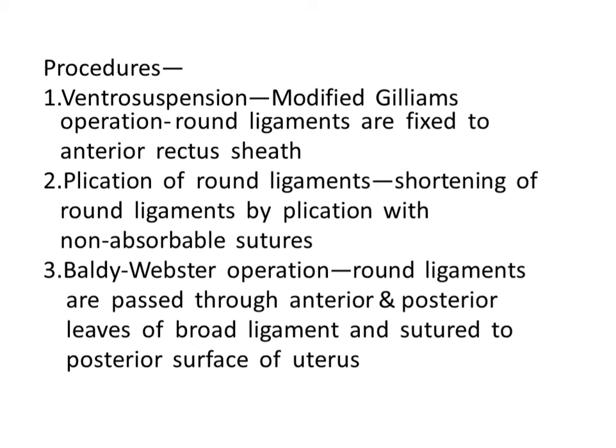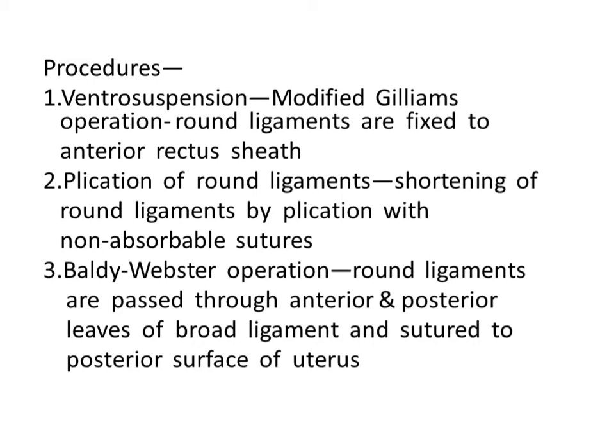Ventrosuspension. This is a modified Gilliam's operation, we call it. Gilliam was the one who devised this. It was modified slightly and now it is called ventrosuspension. Here, the round ligaments are fixed to the anterior rectus sheath. I told you the round ligaments pass towards the inguinal ligament, isn't it? So these round ligaments are brought retroperitoneally above the inguinal ligament into beneath the anterior abdominal wall, that is, between the peritoneum and the rectus sheath of the anterior abdominal wall,